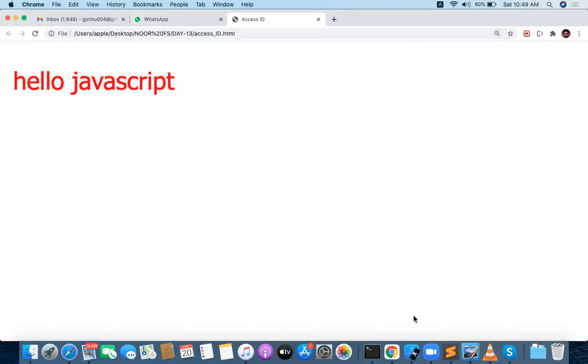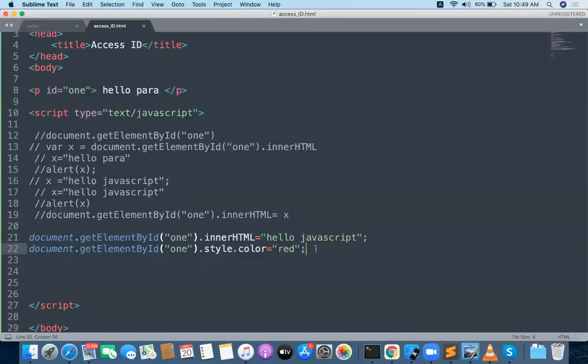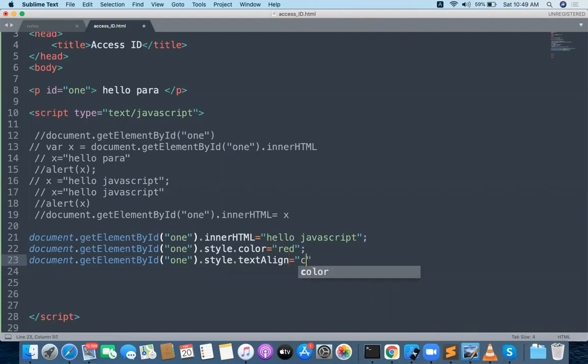Yes. I want to make some more CSS changes. I want to align it to the center and provide some background color. Let me copy the code again: document.getElementById("one").style.textAlign equal to center.